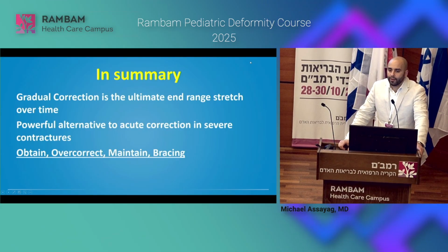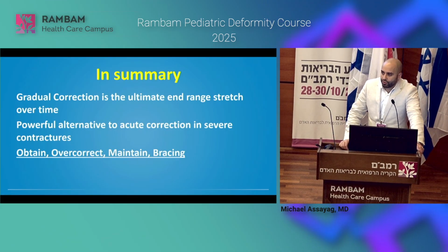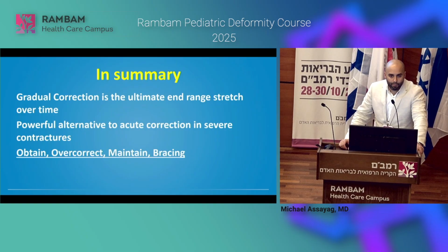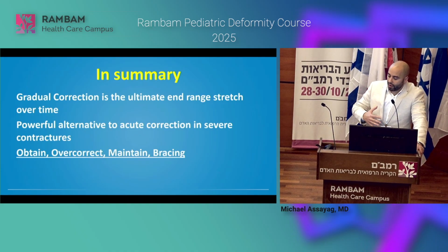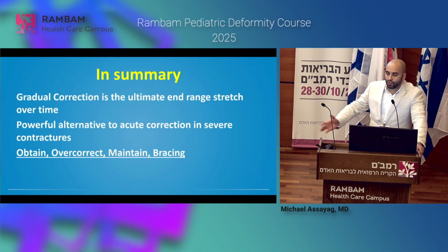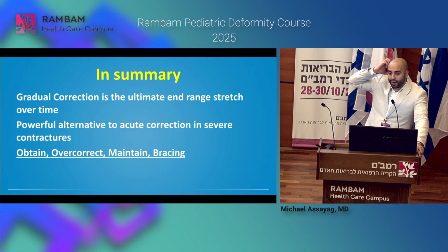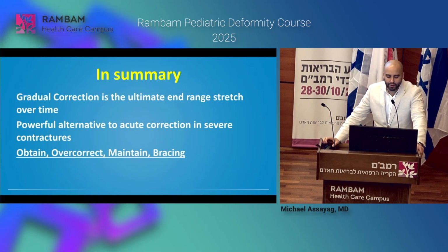So in summary, treating joint contractures starts by identifying the problem properly. And I think you've started learning that method today. So we increase the treatment ladder by going from conservative treatment, physical therapy, bracing. However, when all else fails or it's a hard end stop, acute corrections and gradual corrections for the appropriate patient is the right way to go.